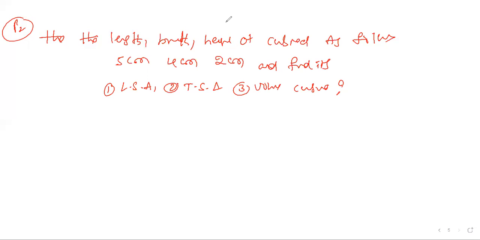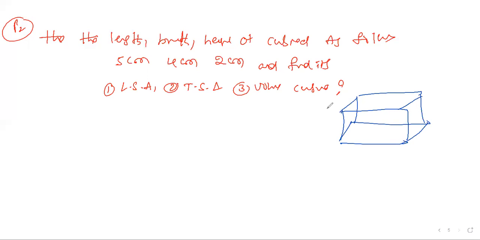First of all, let us take the diagram. It is a cuboid, which looks like your textbook. The textbook possesses length, width, and height. What is the length here? They mention the length is 5 centimeters. Please write 5 centimeters. Next, the breadth is 4 centimeters, this one at the bottom. You can take it as the breadth, no problem. Now this you can take as the height. What is the height here? 2 centimeters. This is the data they mention.